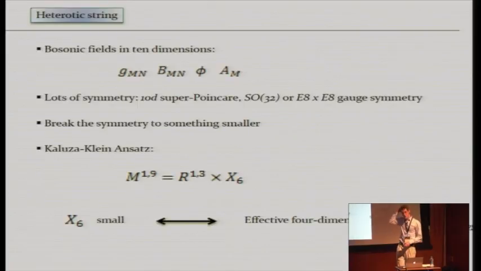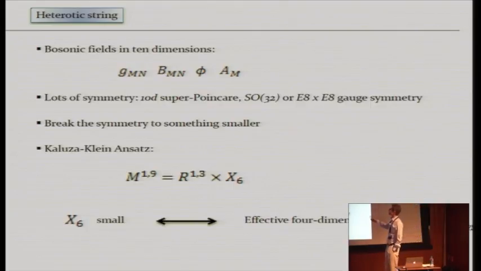Like any superstring theory, the heterotic string lives in 10 space-time dimensions, and it has N equals 1 supersymmetry, and it has the following bosonic fields. It has a metric. There's an antisymmetric tensor field, usually called the B field. It has a dilaton, and then it has a gauge field. And then, of course, there are some fermions. There's the gravitino, there will be a dilatino, and there will be a gaugino. Of course, there are also all the massive modes, but we're just going to effectively look at the massless modes, the low-energy supergravity theory.